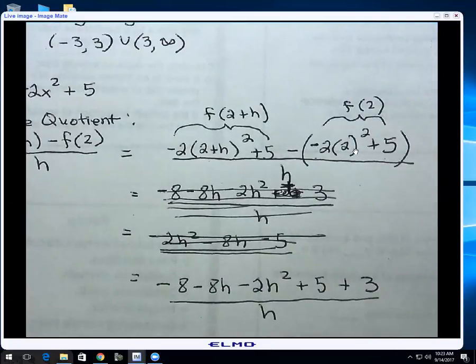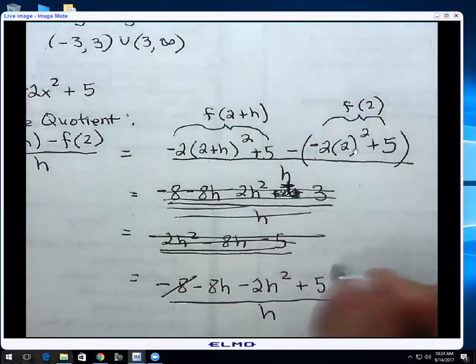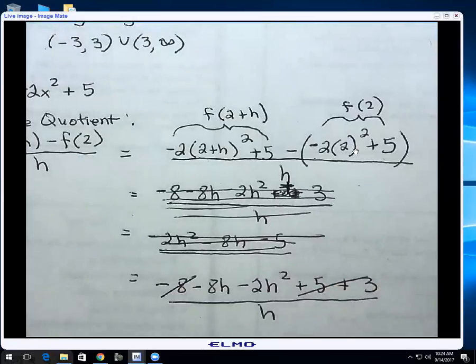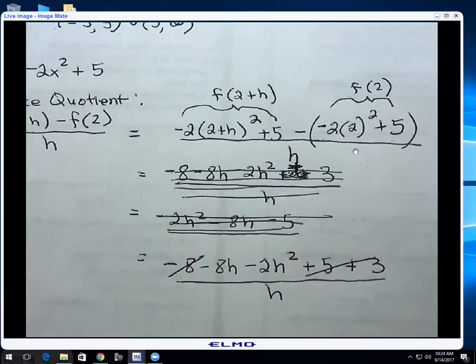What happens when we evaluate the limit of the difference quotient? Every time, a whole lot of stuff eliminates each other. This is a negative 8. This is a positive 8. That's gone. And we're trying to simplify this as much as possible. I could take 2 more steps to simplify this just a little bit more. What could I do that would simplify it further? You can take h